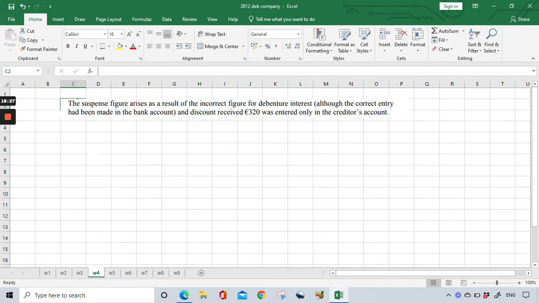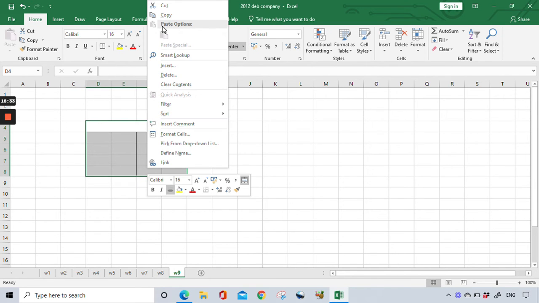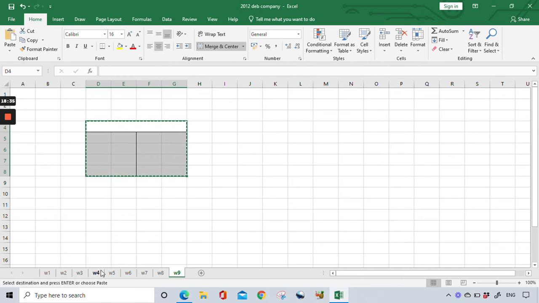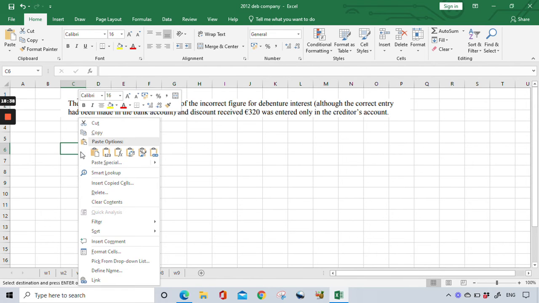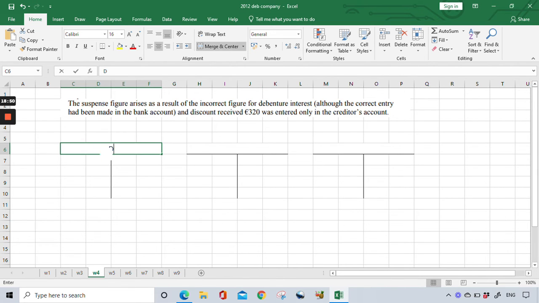Working number 4, suspense. So again, I'm going to get this T account and I'm going to copy it. I'm going to probably put 3 here because that's generally what it is. Okay, the suspense figure arises as a result of the incorrect figure for debenture interest. So I'm going to put debenture interest. Although the correct entry had been made in the bank account and discount received 320 was entered only in the creditors account. So discount received,